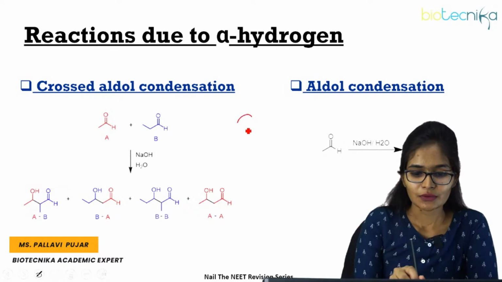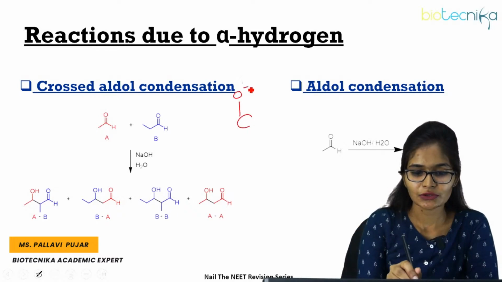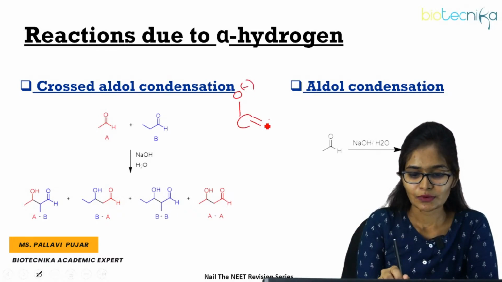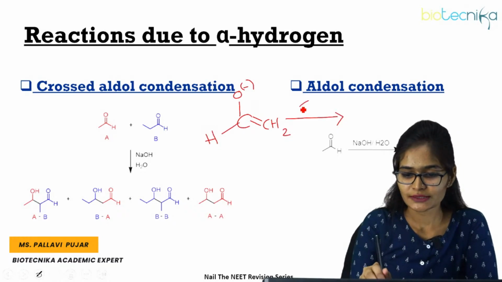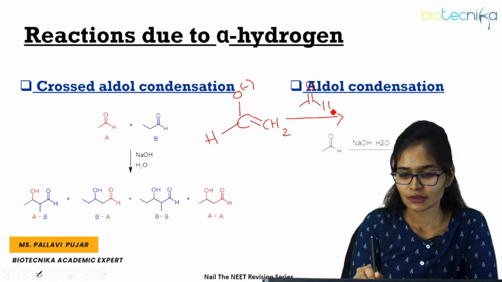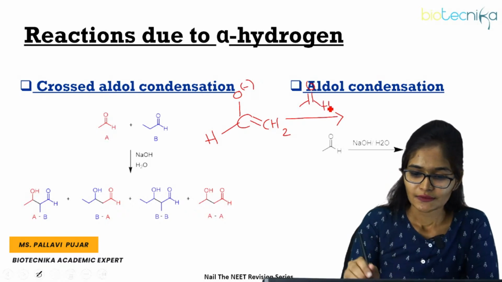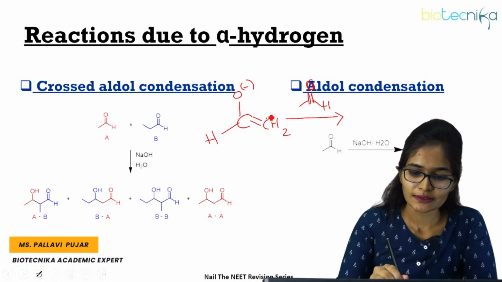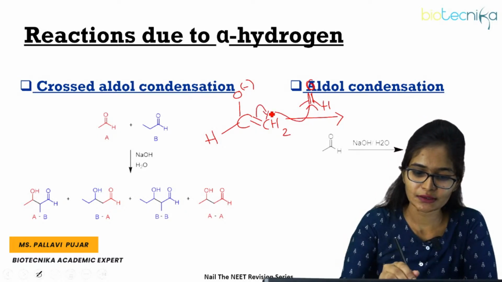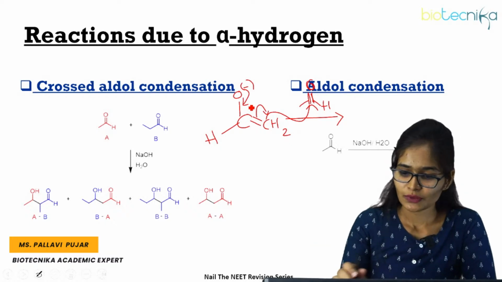Okay, so now what you are having is the enolate, right? So C double bond C, CH2 you are having, and on the other side you have hydrogen. Now another mole of acetaldehyde I will consider. Here this carbon is electron deficient, right? Now this carbon will be electron rich, because upon shifting this here, overall what you will get here, so